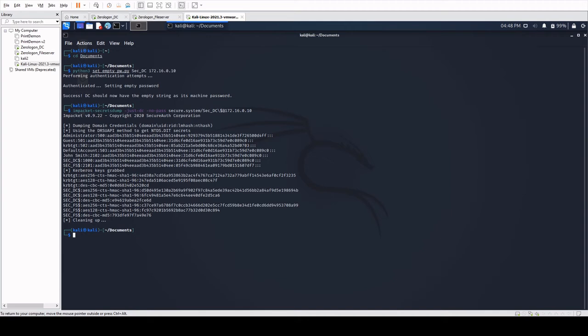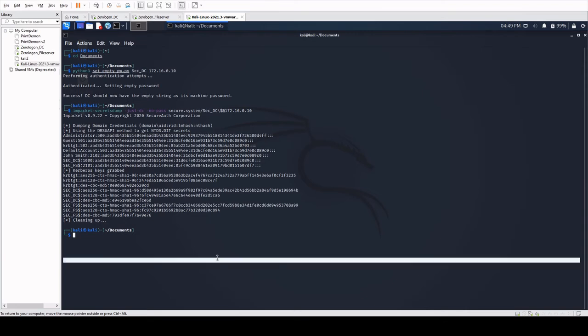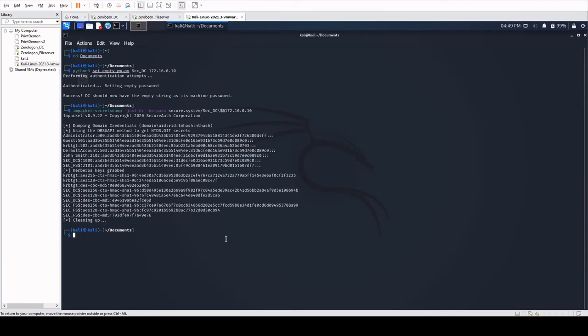And there's also some Kerberos information as well here. What we're interested in though is this administrator account. This right here is the administrator account's password hashes. We're gonna go ahead and copy these, and we're gonna move on to our next script, which is going to be